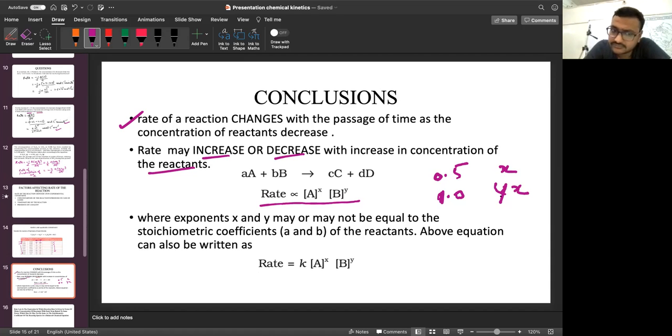Sir, you said that if the rate doubles then the value of x will be 2. No, I've said that if the concentration is doubled, and we have found that on doubling the concentration of A, the rate of the reaction becomes twice the initial value, then the value of the power x that you are asking about will be 2? Yes. Just wait a minute.